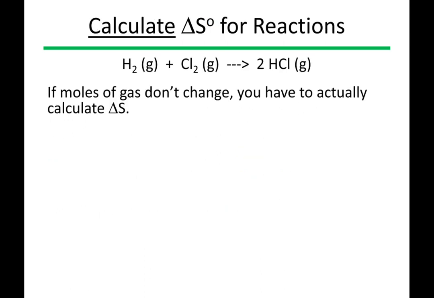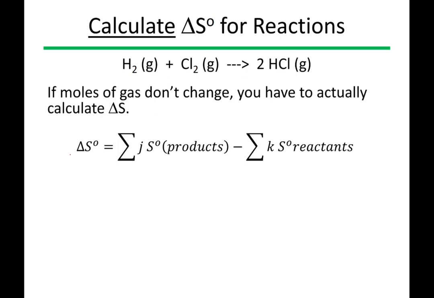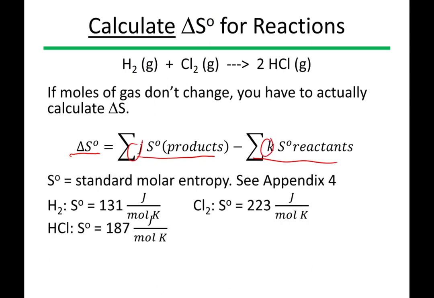We can calculate delta S if we don't see the moles of gas changing, similar to the way we would calculate the enthalpy for a reaction. So just like Hess's law with delta H, the delta S for a reaction is going to be equal to the sum of the delta S for all the products minus the delta S for all the reactants, times their stoichiometric coefficients. So if we look at this reaction as an example, given these standard molar entropies, we could do